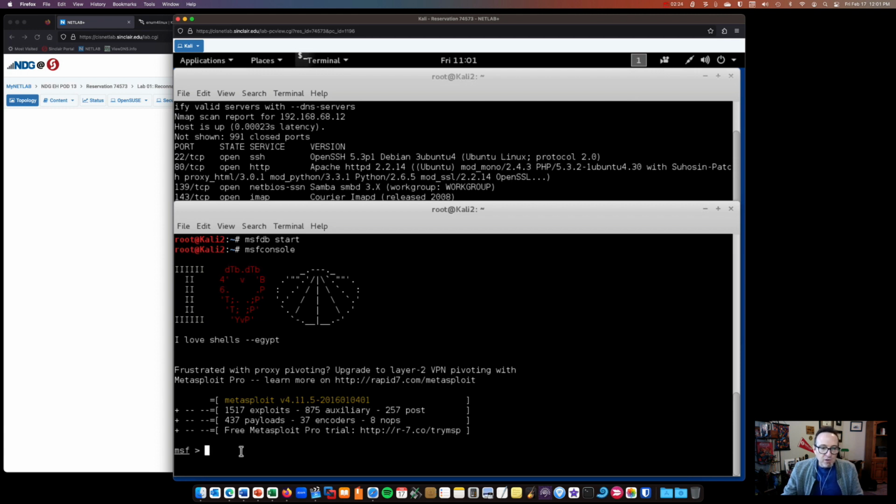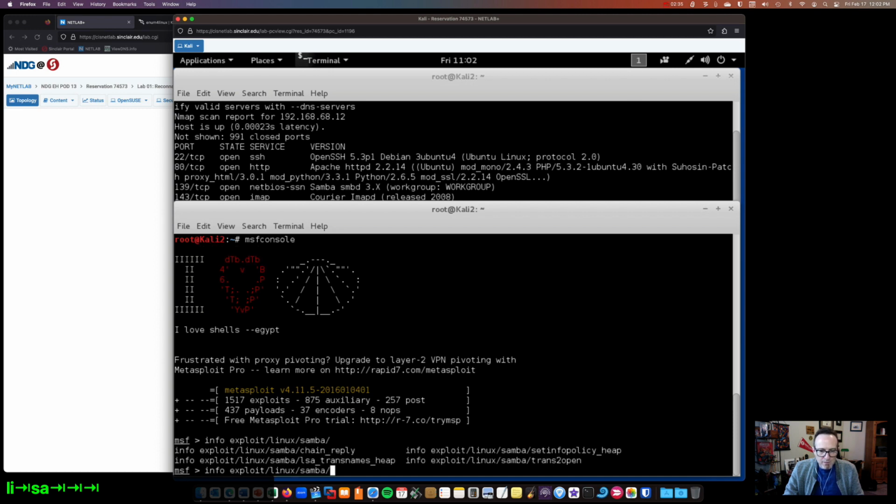One of the commands you can use in Metasploit is info, and then you can search for, like, if I'm looking for exploits for Linux, for Samba, hit tab a couple times, and I get info about one of these. I'm not going to go through it, but you can do the same thing with other things. Don't forget, Metasploit is more than just an exploitation framework. We can use it for further scanning. So always look at auxiliary scanner. Now I know it's under SMB,